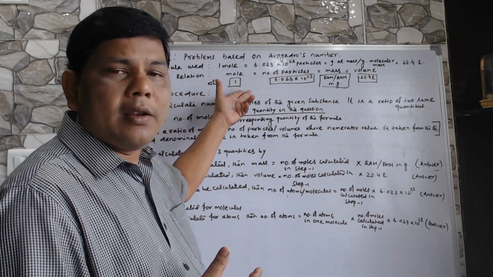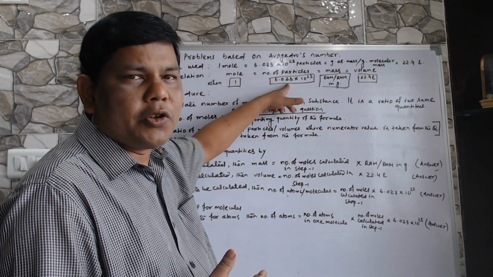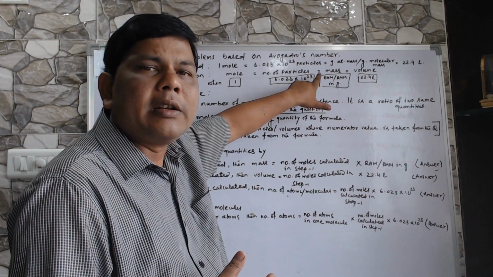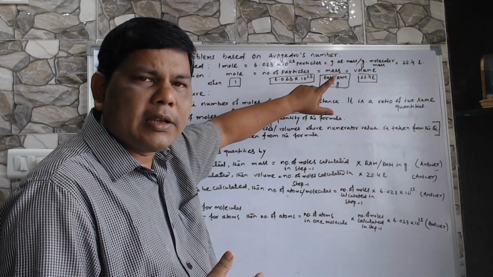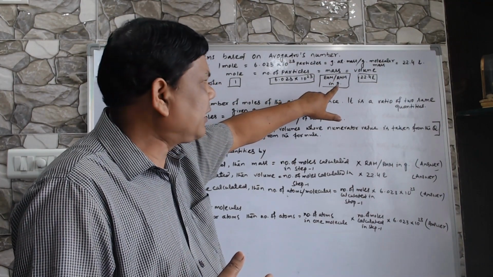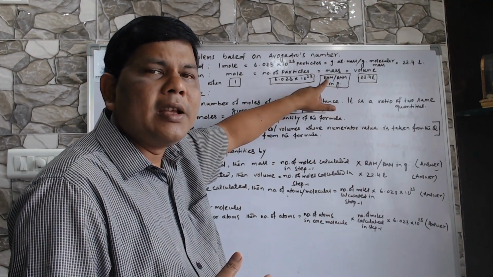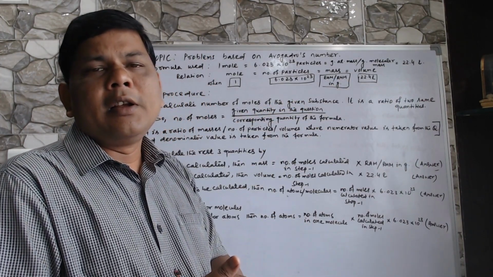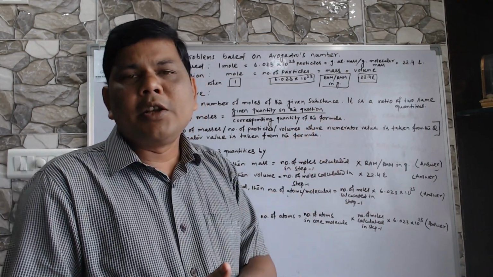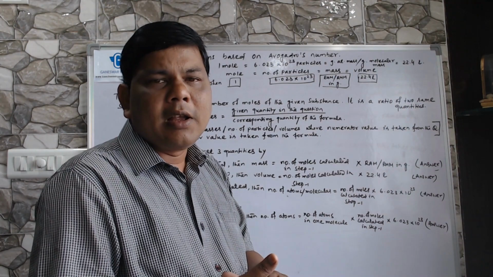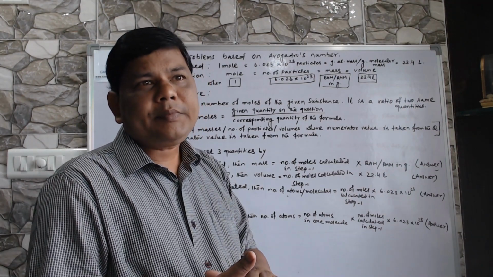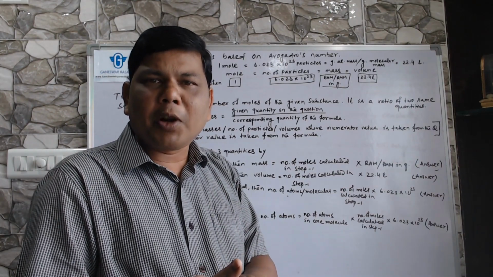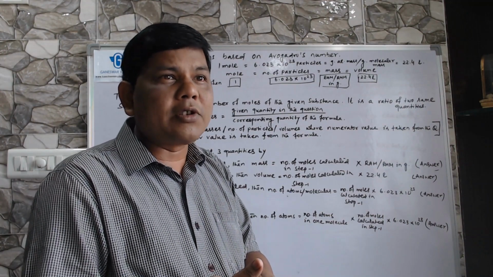These are given values. If it is 1 mole, then this is 6.023 into 10 to the power 23. And here you have to calculate: if it is an atom, take RAM, relative atomic mass in gram. If it is a molecule, take RMM, relative molecular mass in gram, which is equal to its volume, 22.4 liters. See, particularly volume is only meant for gases, and the gas must be at STP. So 1 mole says 6.023 into 10 to the power 23 number of particles, which is called Avogadro's number.